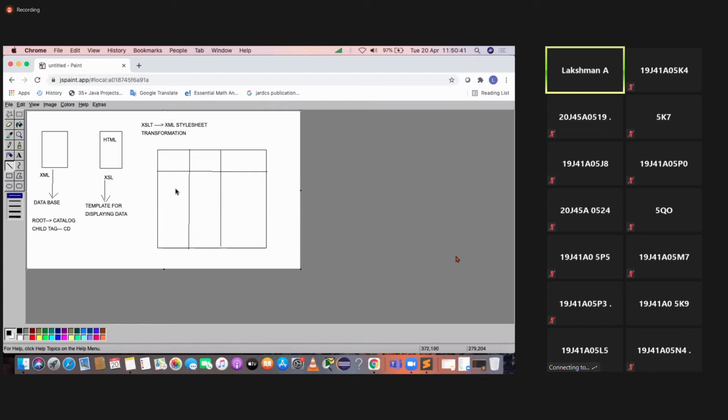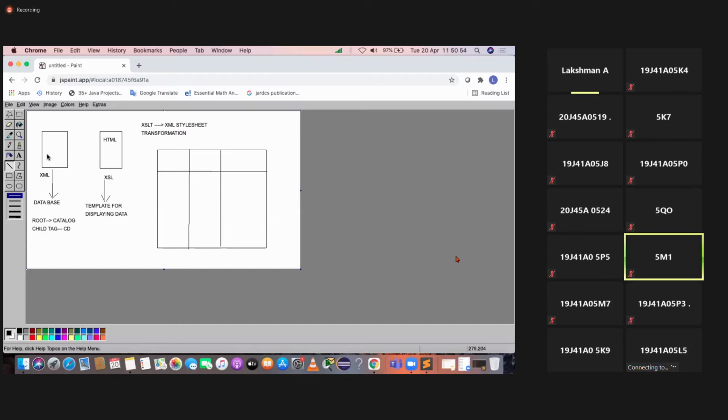In this table I'm not going to give static data. So whatever I have in my XML file, that particular XML file data, I have to transform that information to this particular table with the help of this XSL file. So here what happens is